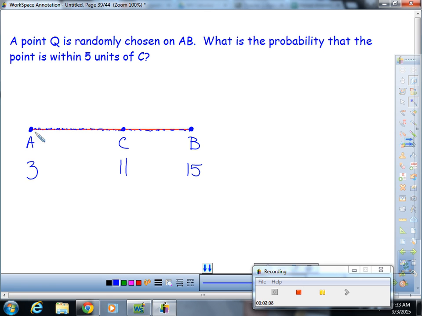All right, so the question says, a point Q is randomly chosen on this segment. What's the probability that it is within 5 units of C? Okay. All you got to do is do some subtraction. Okay? So, 11 minus 5 is what? 6. So anything on the number line